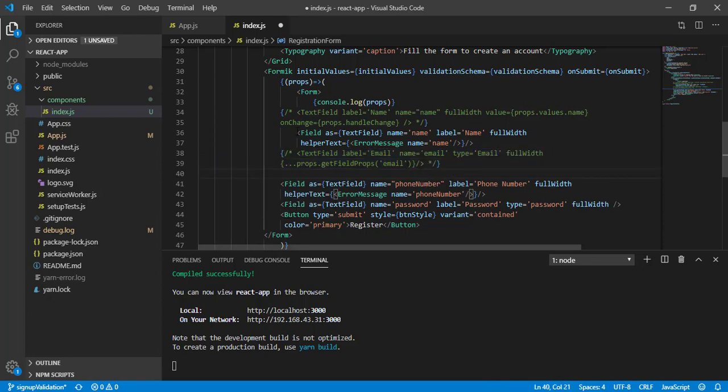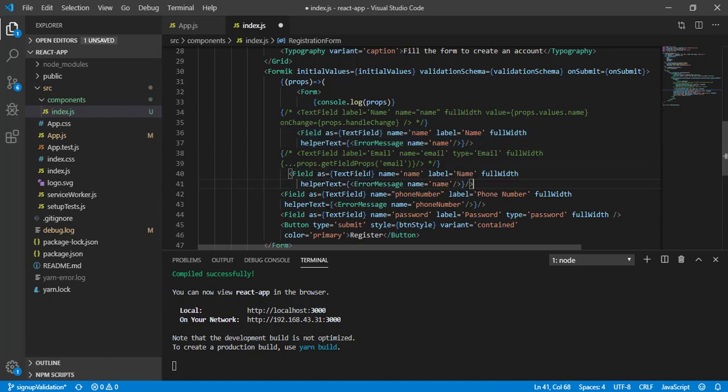And here I will do the same thing with the email. Email. Now let's add helperText to the password as well.